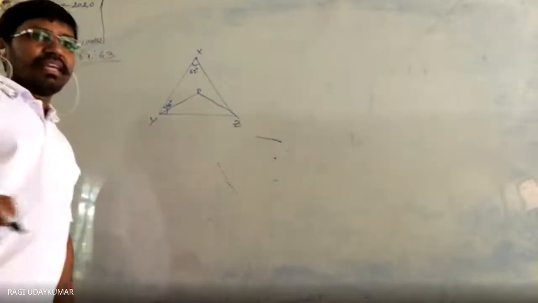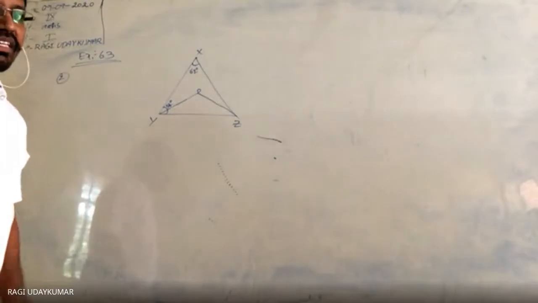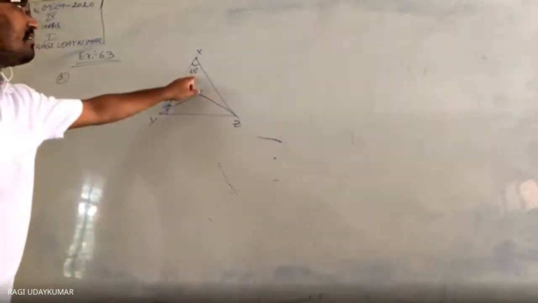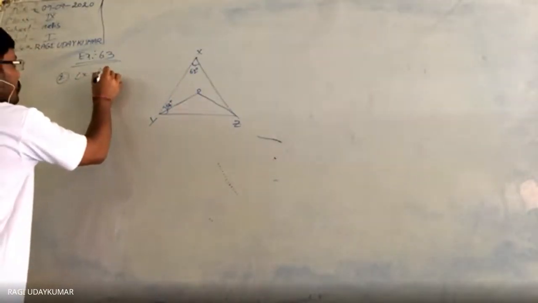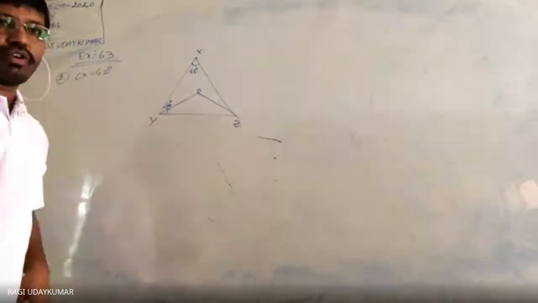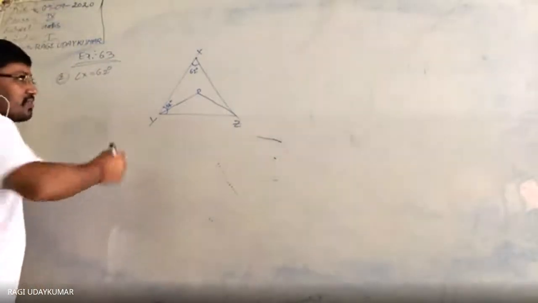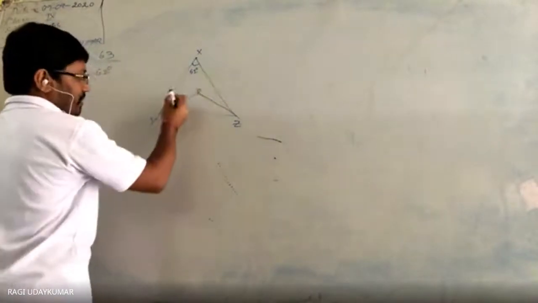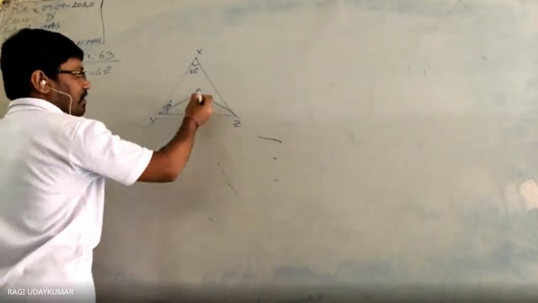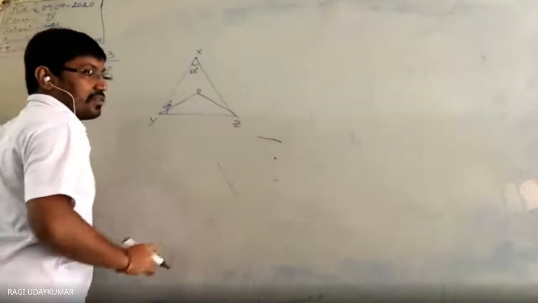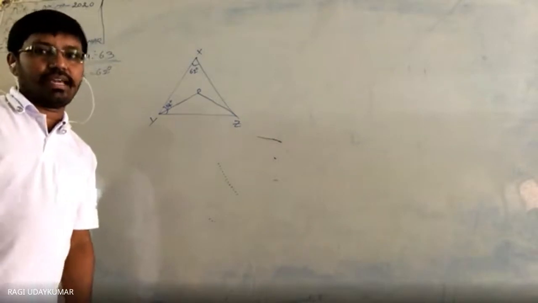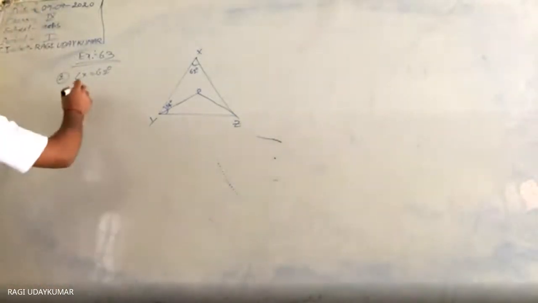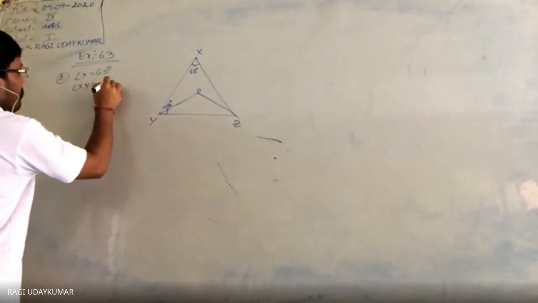So now the question is given that angle X is equal to 62 degrees. See here in the question, as only one angle is formed with a single letter, it is given as angle X equals 62 degrees. But angle XYZ equals 54 degrees, because at the place of Y you have three angles: one is XYO, another is OYZ, another is XYZ. So at Y, if you have more than one angle, better use three letters to name that angle. So angle XYZ is given as 54 degrees.